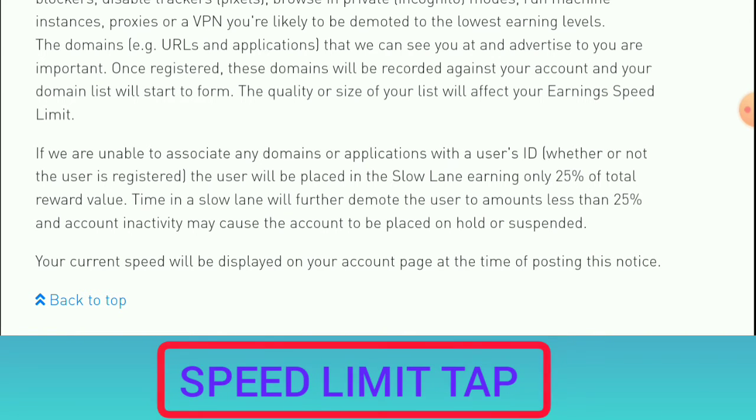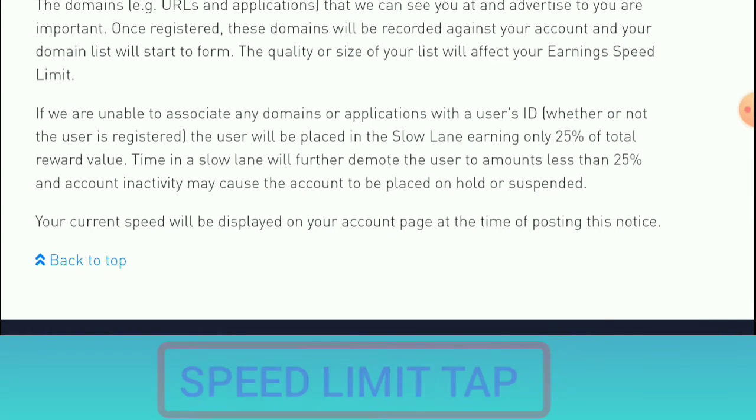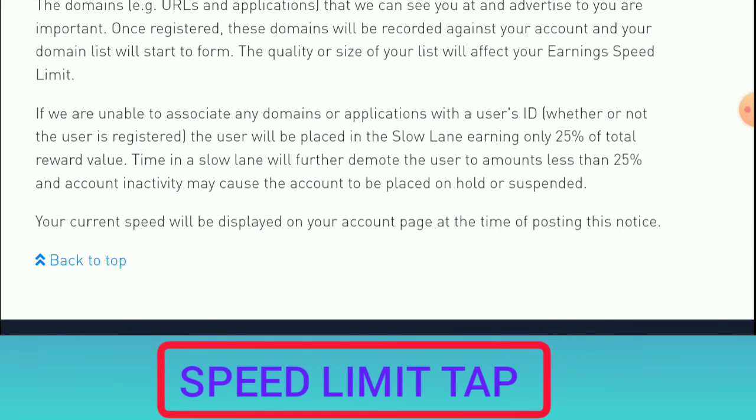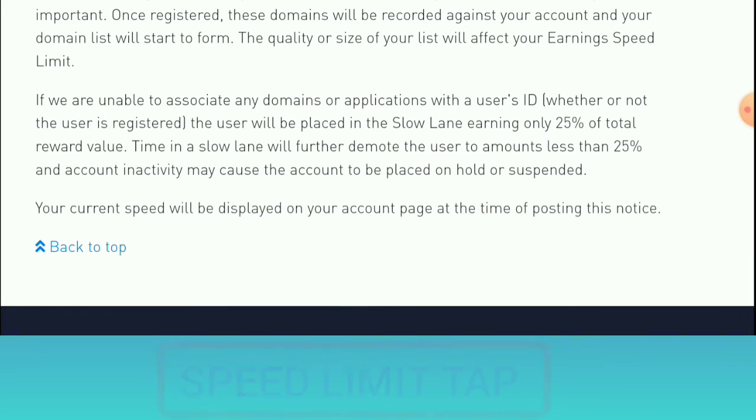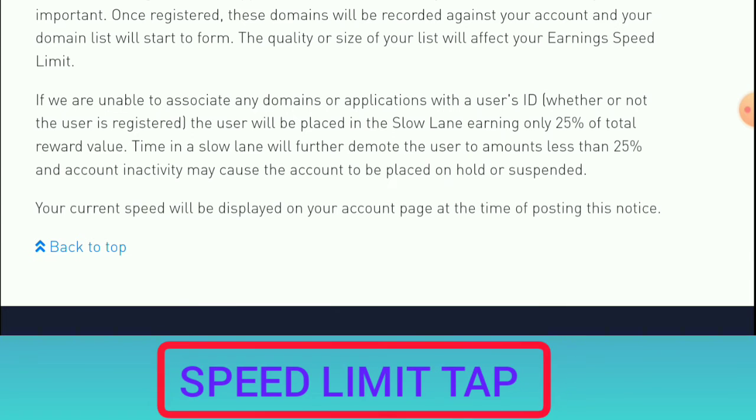You can read, guys: if we are unable to associate any domains or applications with your user ID, whether or not the user is registered, the user will be placed in the slow lane, earning only 25% of total reward value. Time in the slow lane will further demote the user to amounts less than 25%.